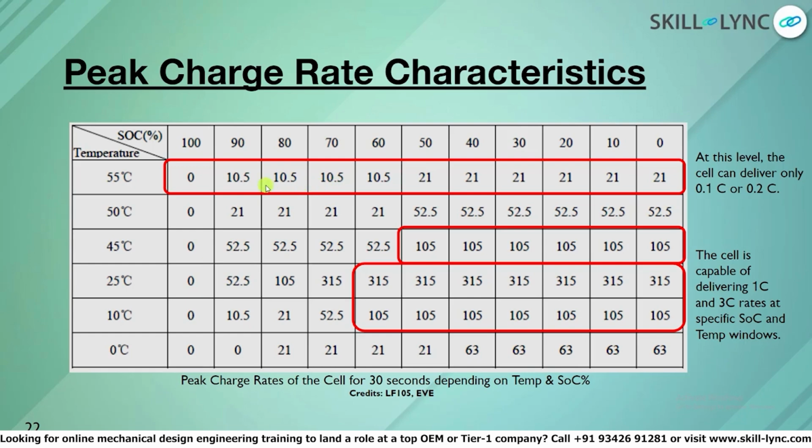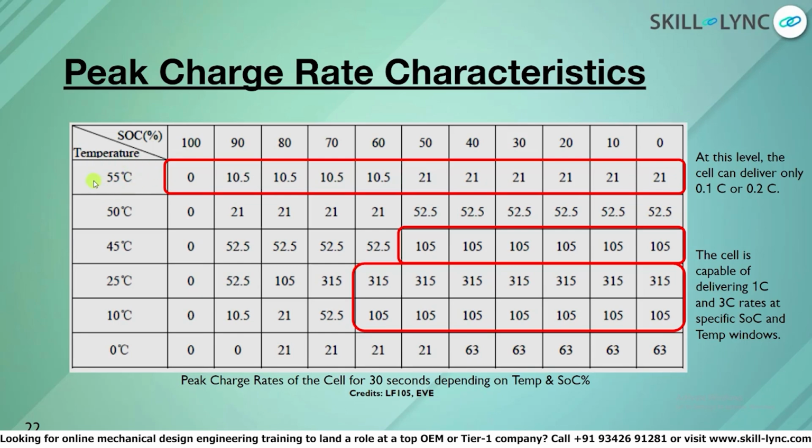So you have a capacity of 105 Ah, but the cell is at 0 SOC. There is no charge in there, but it will still take only 21 amps of current, which is 0.2 C. Why is that? It is mainly because of the temperature. Because your cell is at a very high temperature, 55 degrees, if you charge it even more, the temperature is going